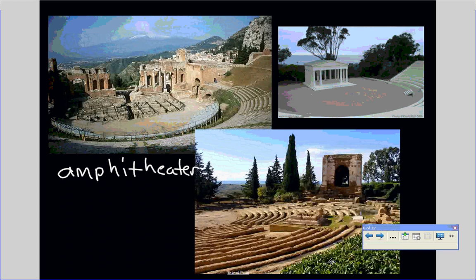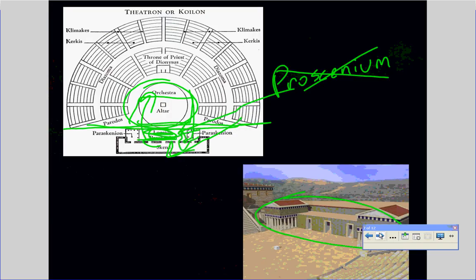You can see these, of course, in Greece and Rome, but you can see them peppered throughout Europe as the Romans took Greek architecture and seeded it throughout northern Europe. Some of your best examples of amphitheaters will be found in other European nations. Some very intact examples of Roman architecture. But what's important for our purposes, of course, is that we take a look at the structure, and all this scribbling